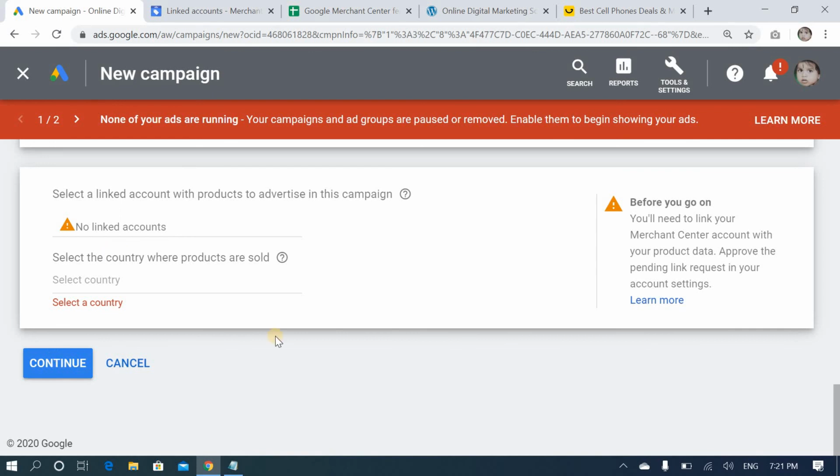Once you have clicked continue, after that you have to select the bidding type and location, everything. After this you have to select the shopping ad type. There are such shopping ad types that will come. Once you select one, after that you have to run the campaign like this. You have to create the campaign for shopping ads. I have not created it properly, I'm just showing an example, and this is for demo purposes. I will create one more video for shopping ads.